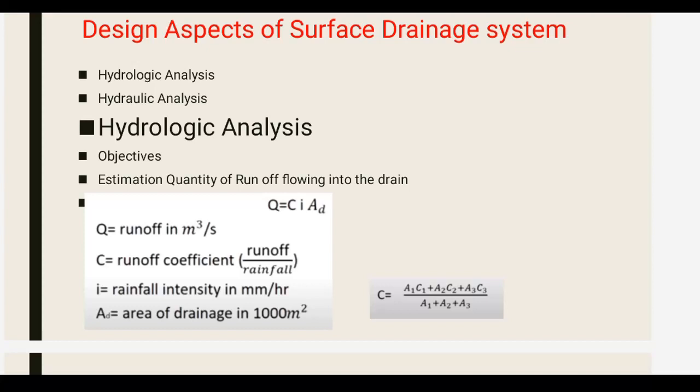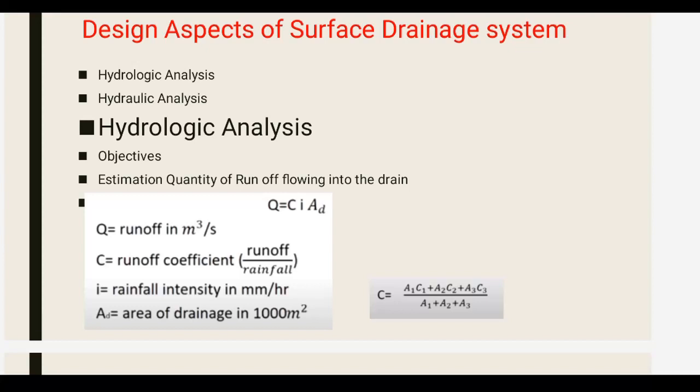The value of the drainage area consists of several types of surface with different values of runoff coefficient C1, C2, C3, right? And with respect to the different areas like A1, A2, A3. So the weighted average value of runoff coefficient, that C value we had mentioned,